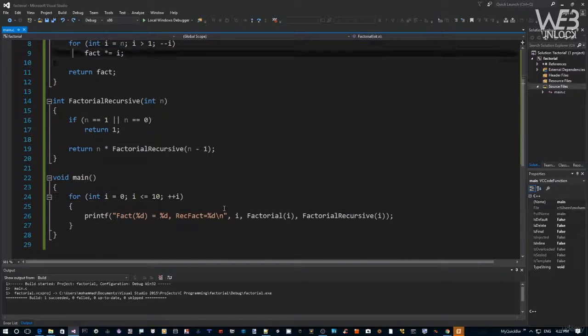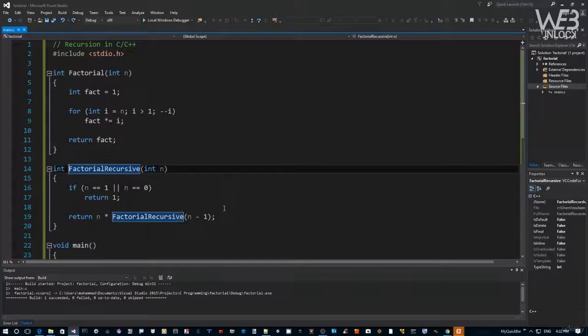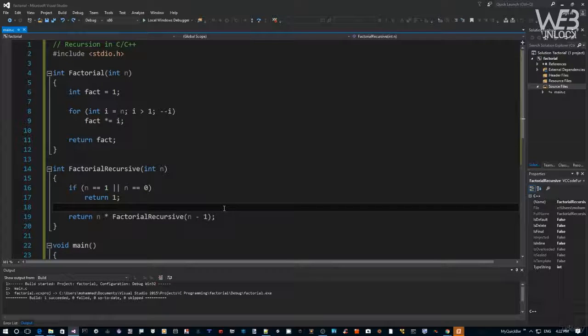All right, so that's how we implement factorial iteratively using a for loop, and then we also learned how to do the same thing using recursion. As you can see here, probably the recursive implementation is similar. The problems that lend themselves better to recursion usually tend to have much easier and cleaner implementation in recursion, and that's why we use